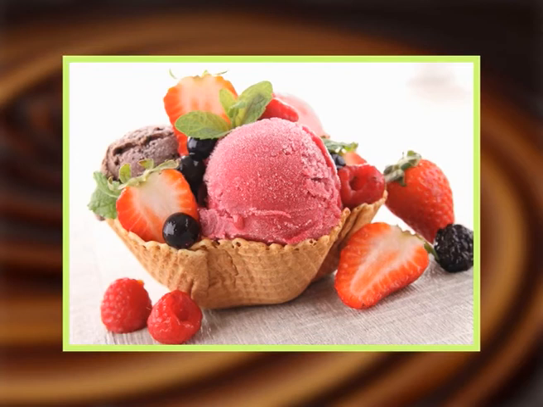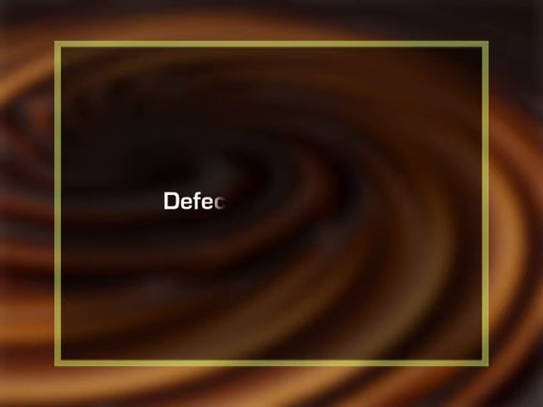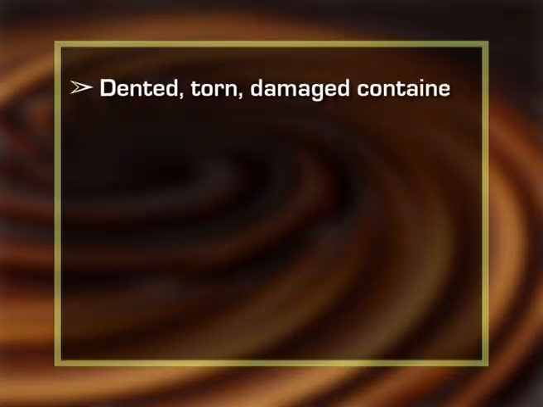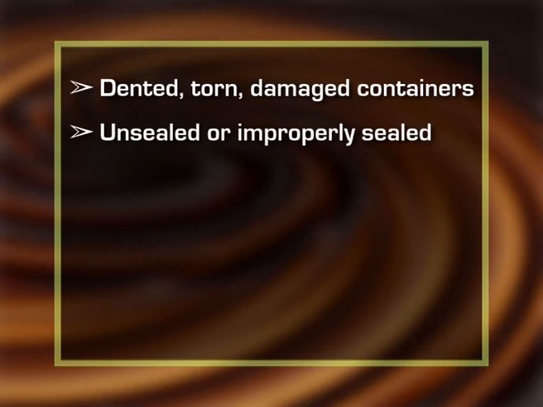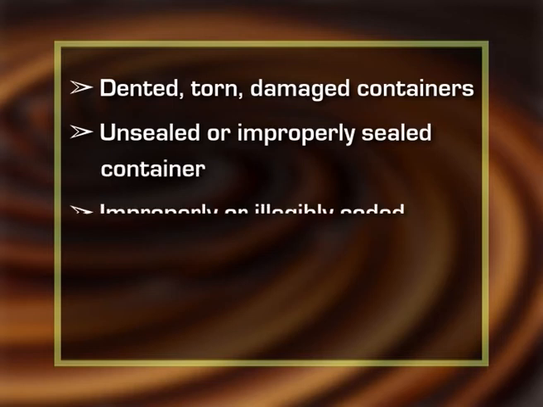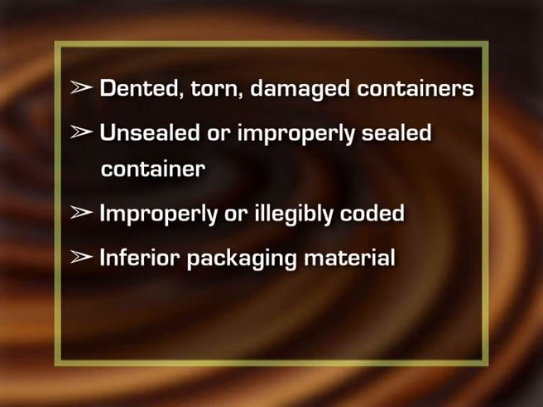Some of these defects are the first to be observed by the consumer and, if serious, may lead to rejection of the product. Eye appeal is an important attribute of the product as well as its container. Defective container. Numerous problems may be identified, including soiled containers with either dirt or ice cream on the exterior of the package, dented, torn or otherwise damaged containers, unsealed or improperly sealed container, improperly or illegibly coded, inferior packaging material,